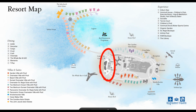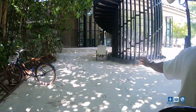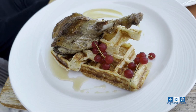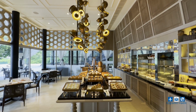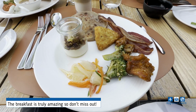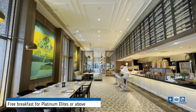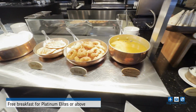But to continue on our journey, our butler Sarir showed us some of the dining options here on the island. First, we're at Alba, the resort's main restaurant that serves breakfast, lunch, and dinner. The breakfast here is particularly good with options from both the buffet and an all-you-can-eat a la carte menu. If you are a Marriott Bonvoy Platinum Elite member or above, you will get this $65 meal every day for